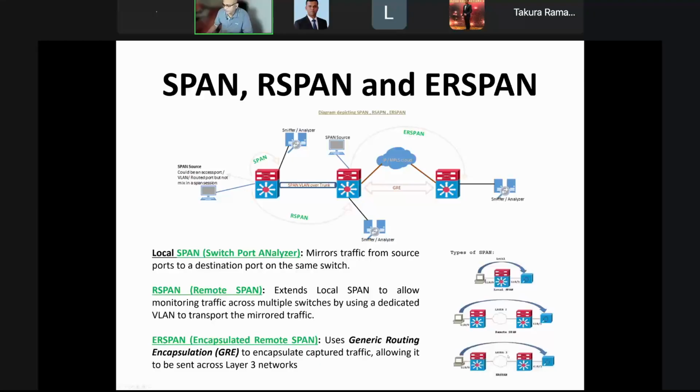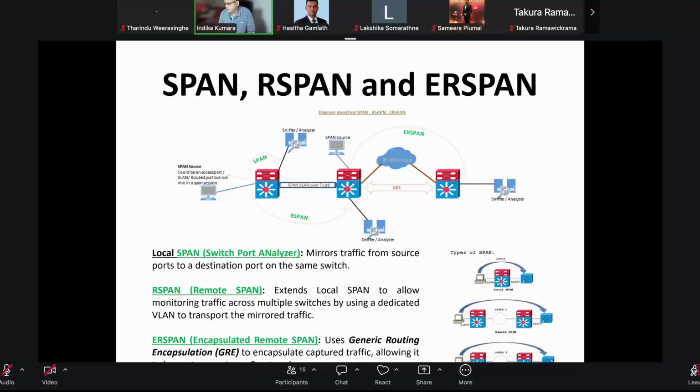If you have another network where the monitoring port resides separately from the monitored port, which means the packet capture requires a monitoring port, which is on the gigabit Ethernet 0/0 on the left side switch, connecting through the layer 3 switch, layer 3 network to the remote site. It can be the same site as well, but the two switches are separated by a layer 3 network, and your monitoring device, the monitoring appliance, is connected to the